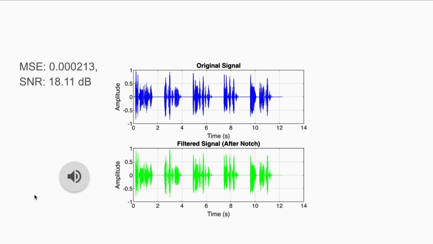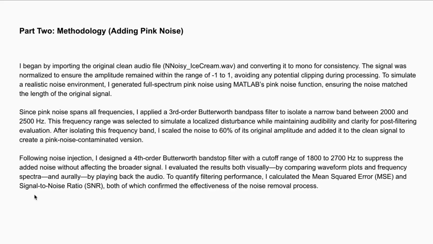So as you can hear, there's no more of that static in the background. So my methodology, as I was explaining throughout this PowerPoint or throughout this part,